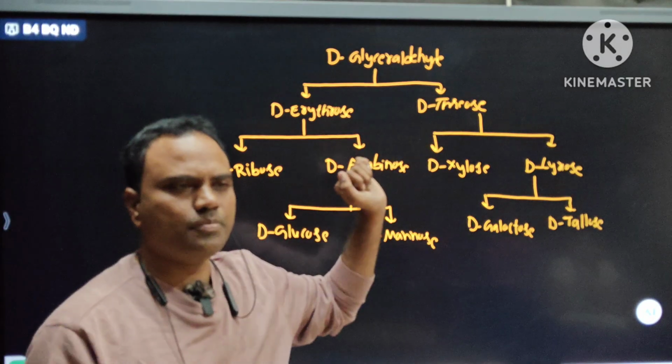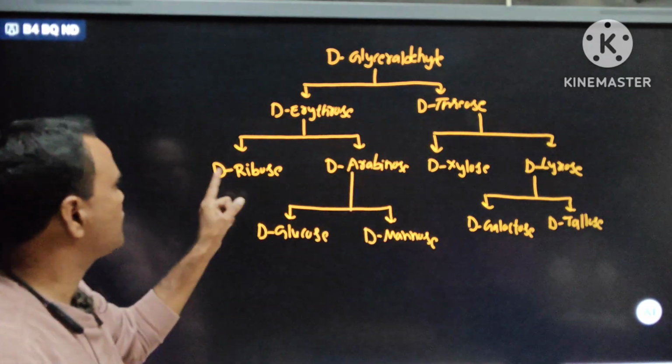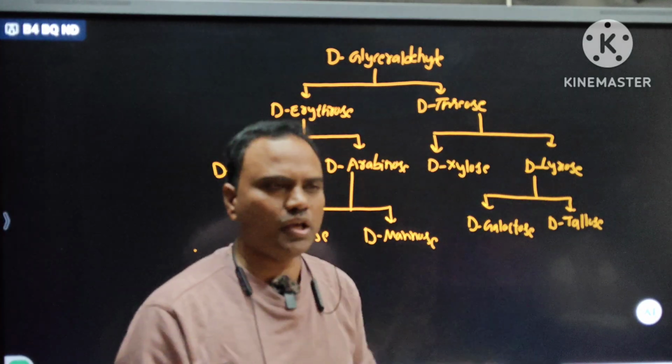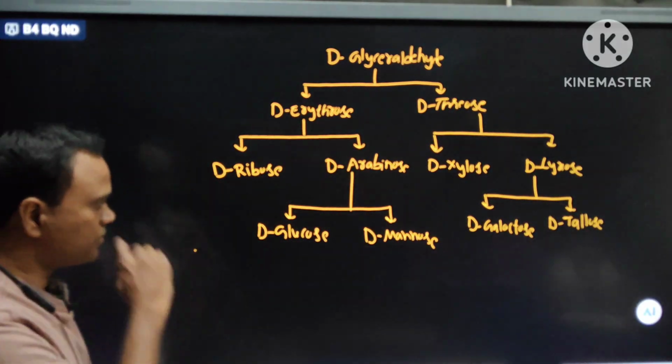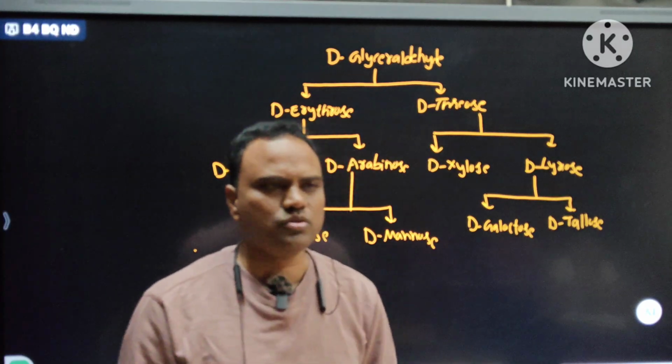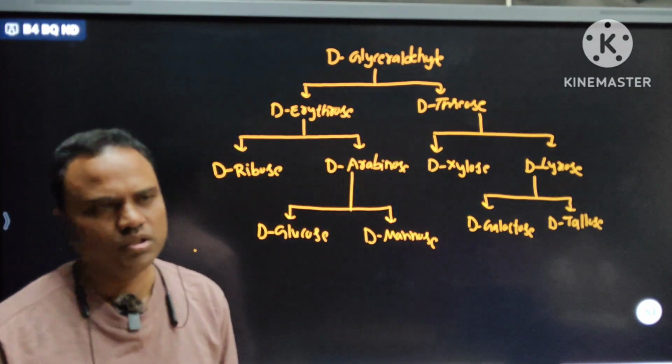Erythrose, threose: which epimers? C2 epimers. D-ribose, D-arabinose: C2 epimers. D-xylose, D-lyxose: C2 epimers. Okay, these two are C2 epimers. I said to remember the pairs. Okay. Next,